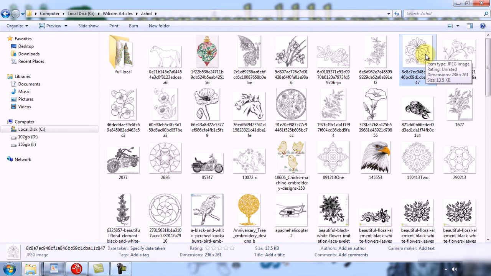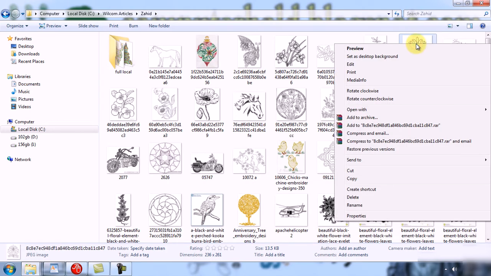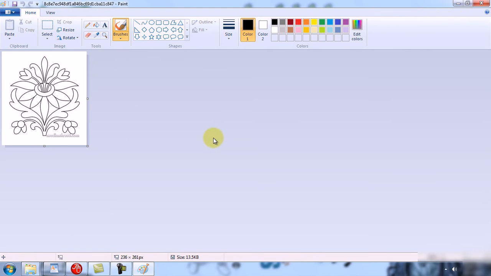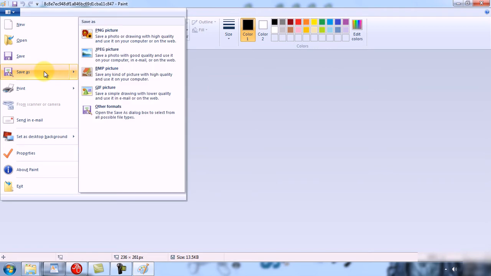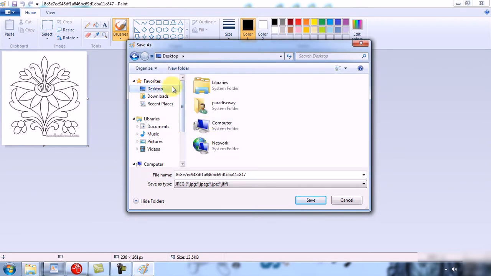Right click on this image and click on edit. It will automatically open in Paint software. Paint is the basic software of all the image editing software. Now you have to save this image into JPEG format. I will save it on the desktop.